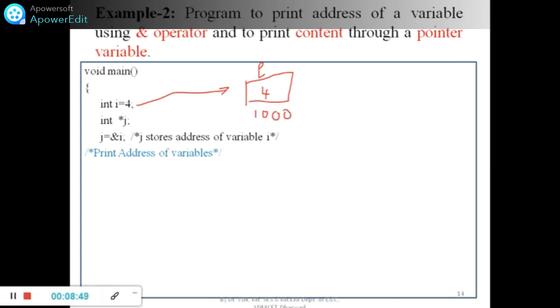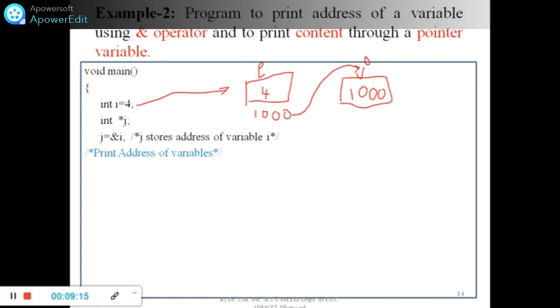This is going to be stored in j, so I should consider one more memory block, and that memory block is j. j is not an ordinary variable, it is a special variable which is storing the address of another variable, that is i.